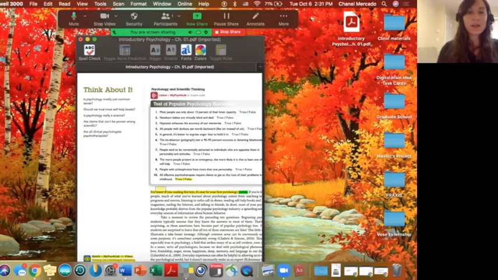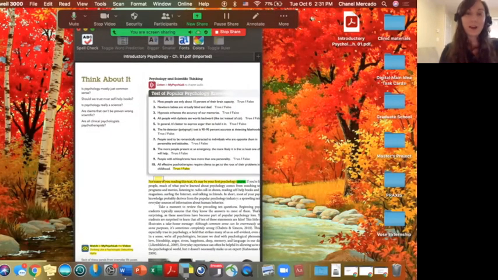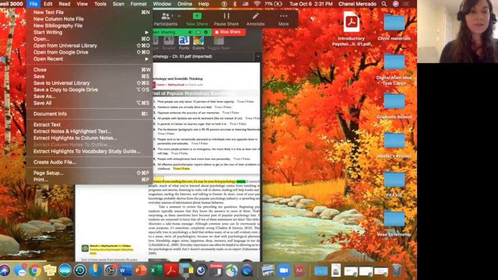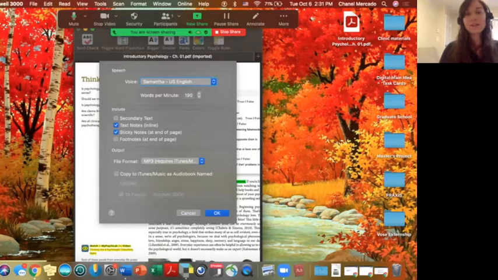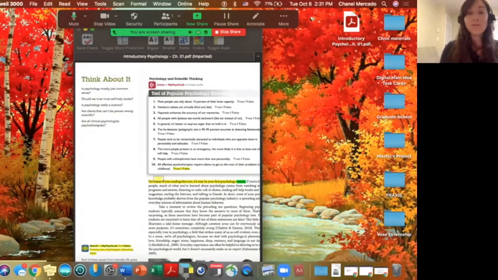So now I'll go ahead and show you if you wanted to create an MP3 file of your Kurzweil reading. You can do this by going to the top toolbar, selecting File, and then selecting Create Audio File. This will bring up a window that you can then select the voice and the words per minute. You can also have it include any notes that you've written if you have. And then from here, you'll select the file format. We usually recommend selecting MP3. You do have the option to create an audiobook or a folder within Apple Music for your Kurzweil readings, but if you have that deselected, it will just have you save to your computer.